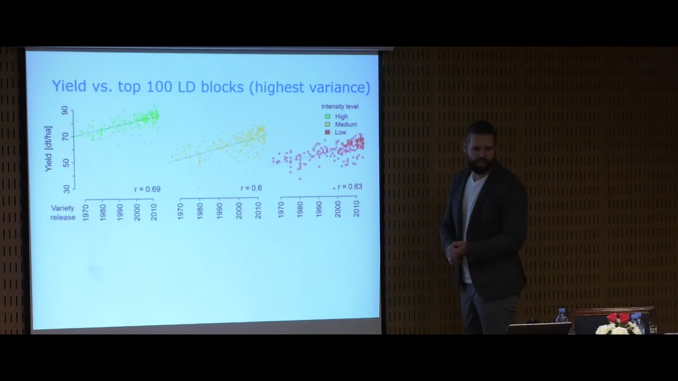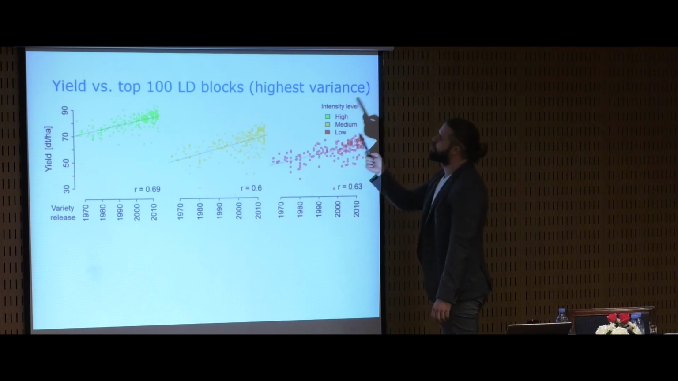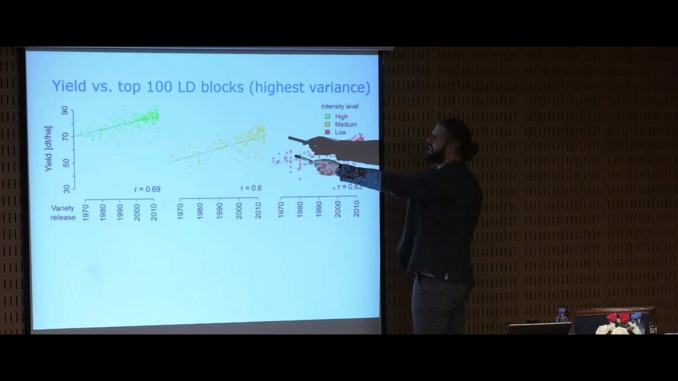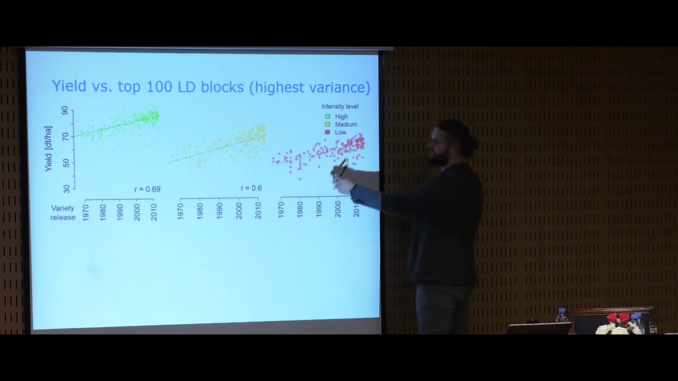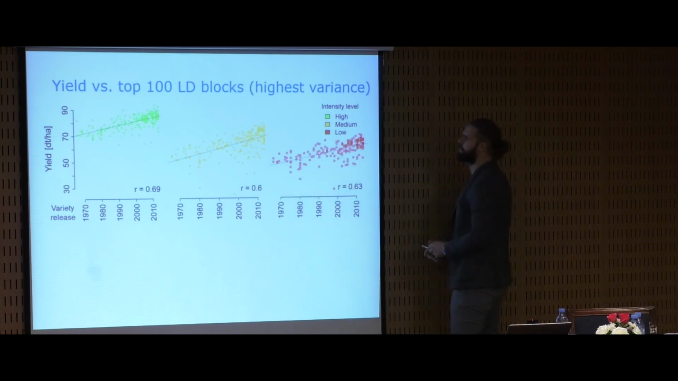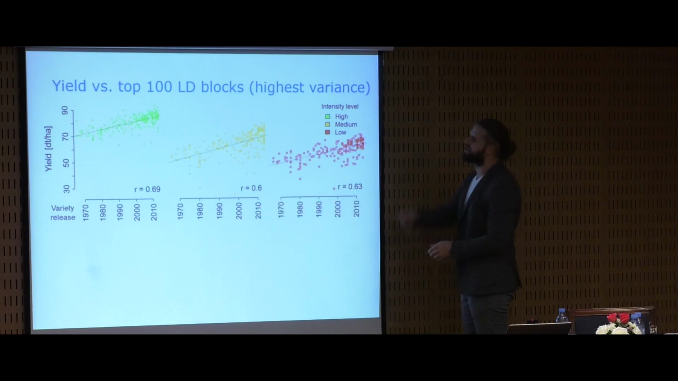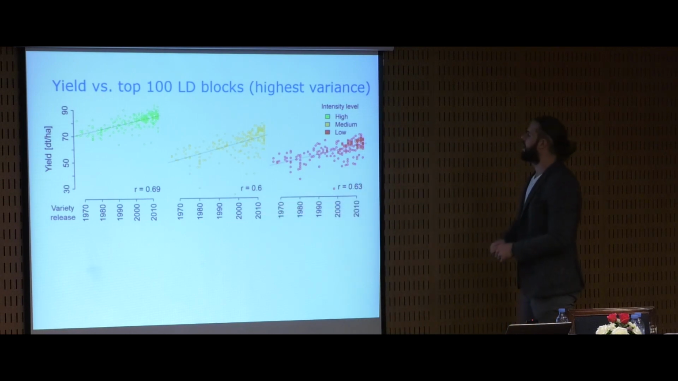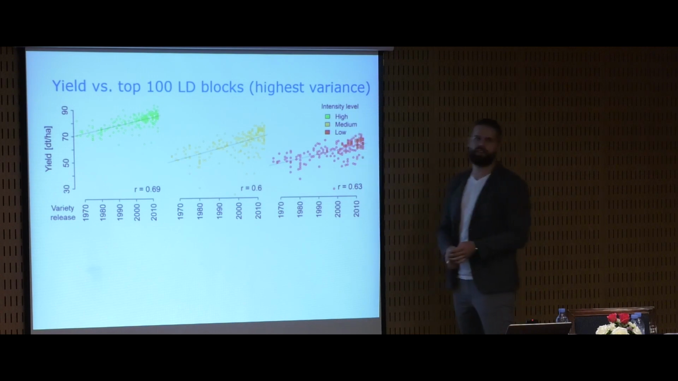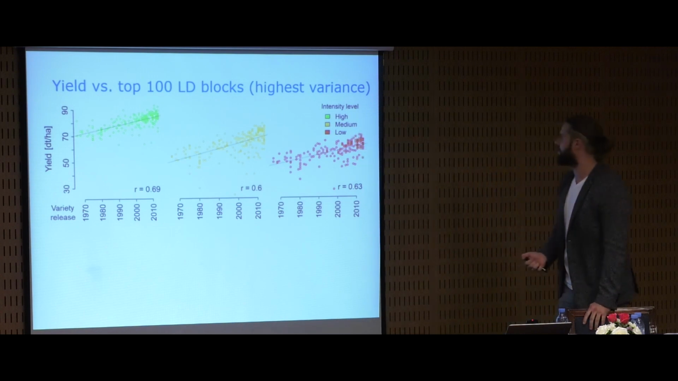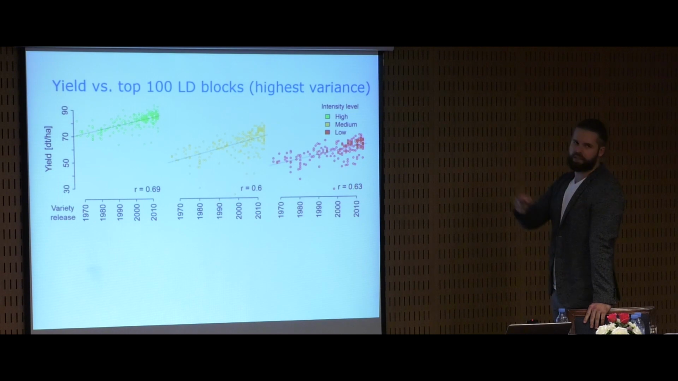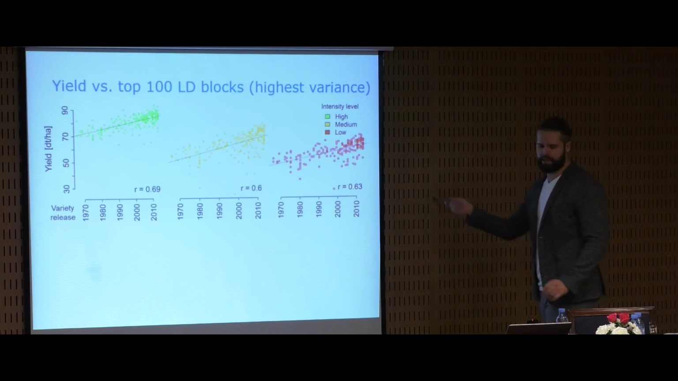So I'm getting close to the end. Another comparison we made was we looked at yield trends of all the lines, basically just as I showed you in the very beginning. On the x-axis you see the registration year, on the y-axis you see the yields, and the three colors indicate the three different management intensity levels, and we see really nice correlations between yield and